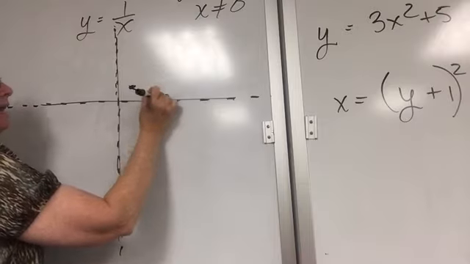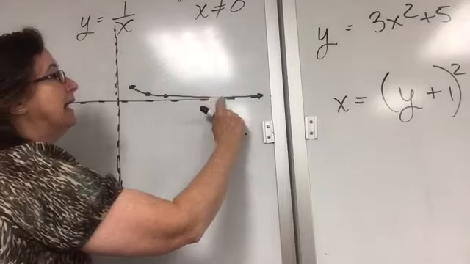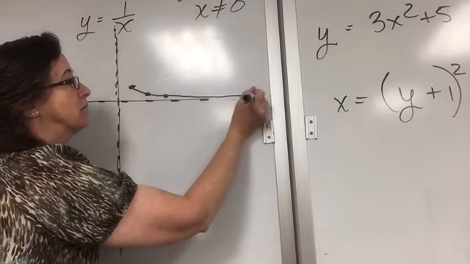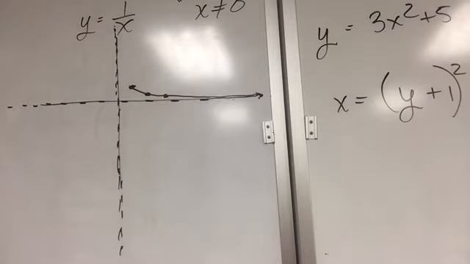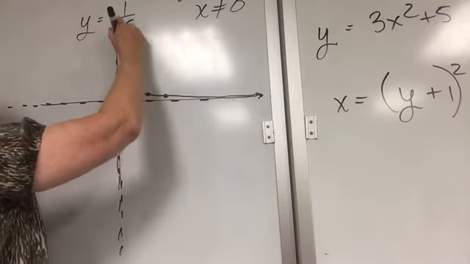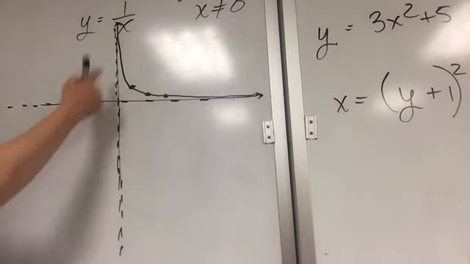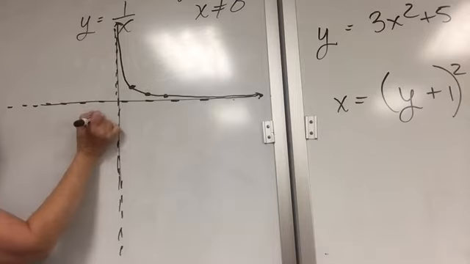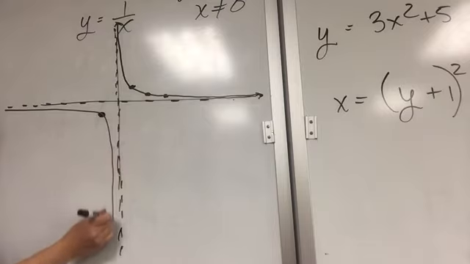So as this line, as my x gets larger, my y decreases, but it never really touches this line. It just gets closer and closer to where you cannot hardly see any space in between. But theoretically, there's never a touching, okay? And then it's going to do the same thing as it goes up this way, approaching but never touching. Okay, now if I plug in a -1, I get out a -1. Okay, and it's going to do the same approaching here. That's your reciprocal function when your x is in the denominator.